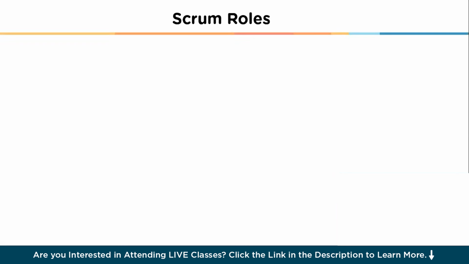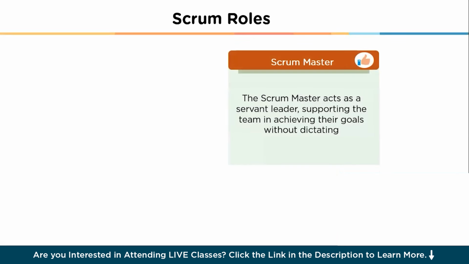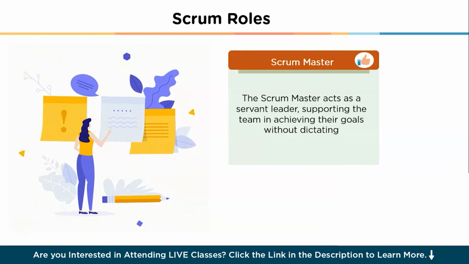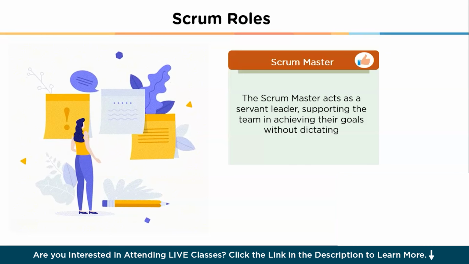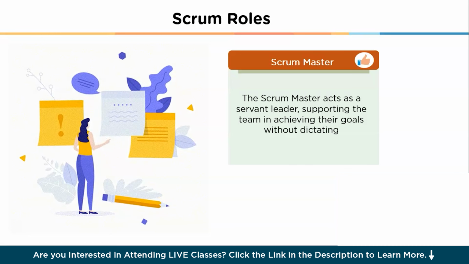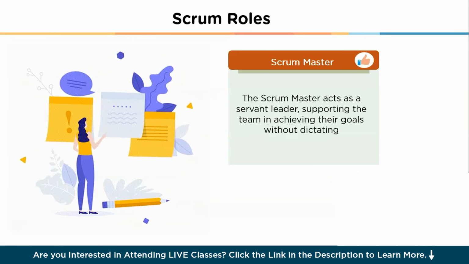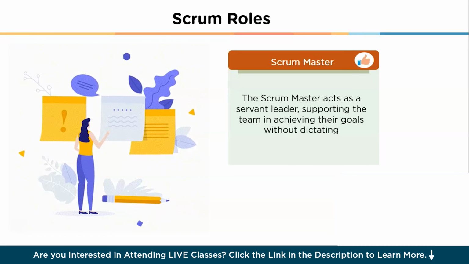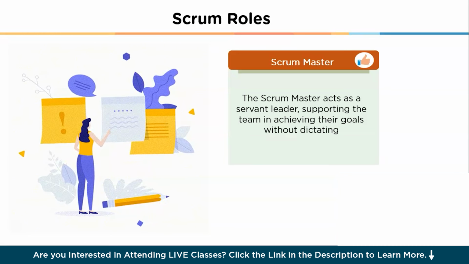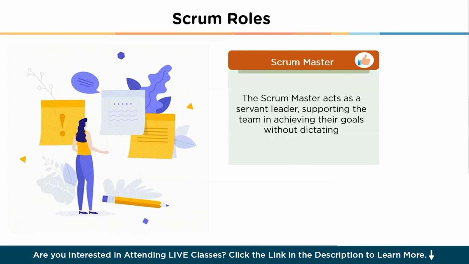The next role we have is Scrum Master. The Scrum Master is a facilitator and coach who ensures that the Scrum framework is followed effectively. This role involves removing obstacles that hinder the team's progress, promoting a culture of continuous improvement, and fostering collaboration. The Scrum Master acts as a servant leader, supporting the team in achieving their goals without dictating how they should